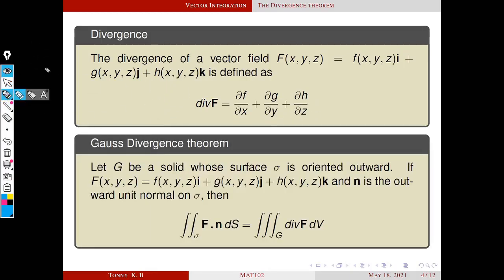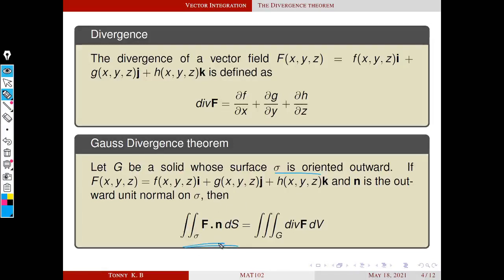And this is our main result in this session, the Gauss divergence theorem. Let G be a solid whose surface sigma is oriented outward. This is important: we consider the outward orientation of a surface. Sigma is a closed surface, isn't it? Because sigma is the surface of a solid, so it's a closed surface. If F(x, y, z) is equal to f i plus g j plus h k, and n is the outward unit normal on sigma, then